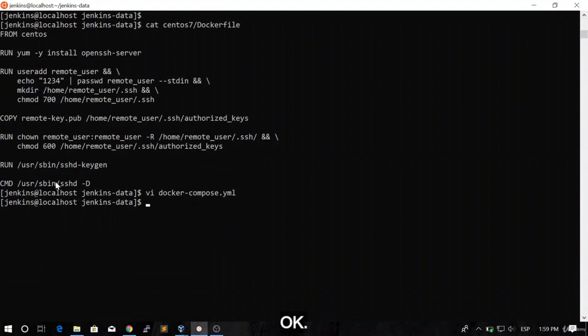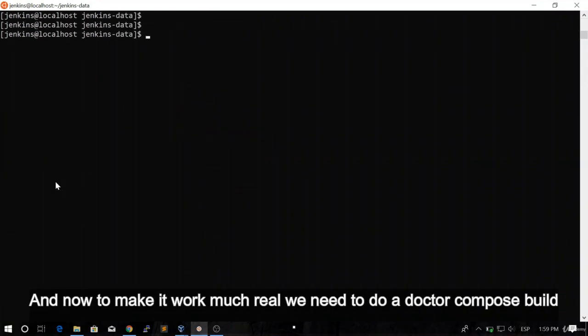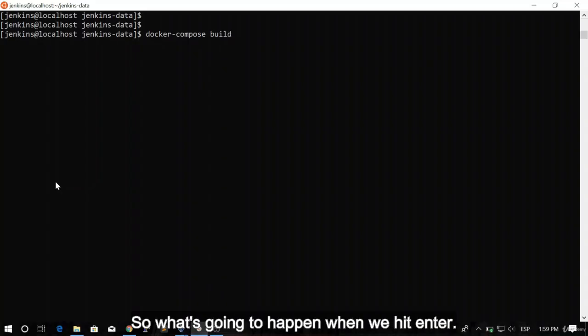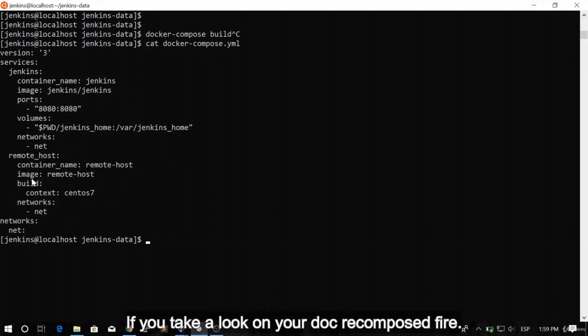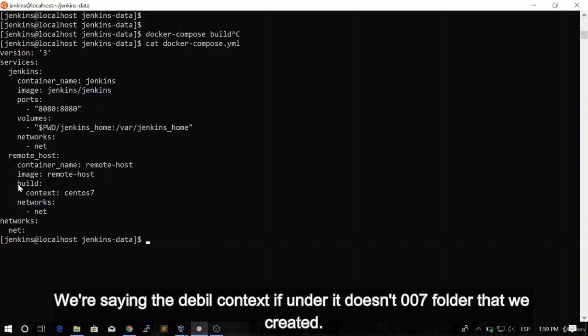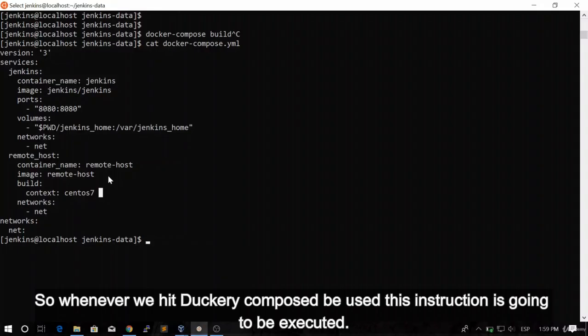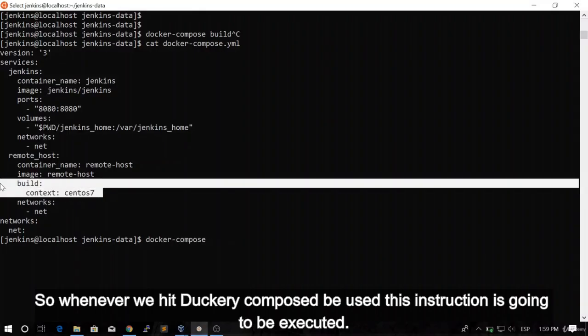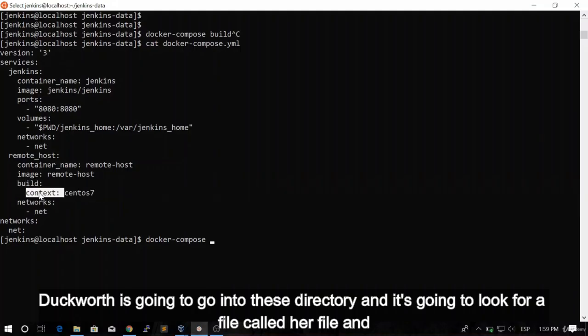Oops. Okay. And now to make our image real, we need to do a Docker compose build. So what's going to happen when we hit enter? If you take a look on your Docker compose file, we're saying that the build context is under the CentOS 7 folder that we created. So whenever we hit Docker compose build, this instruction is going to be executed. Docker is going to go into this directory and it's going to look for a file